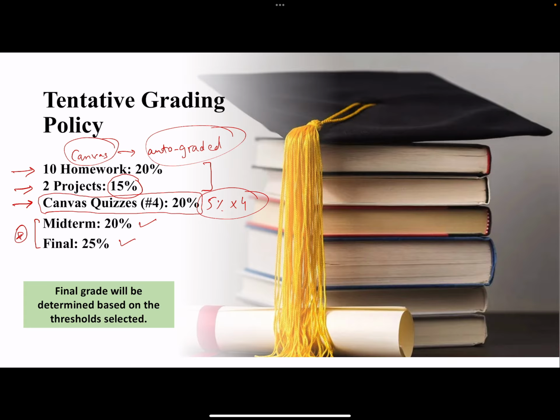In terms of the final grade, I usually don't scale the grades. Having said that, I don't put certain thresholds on the grade right away. For example, at the start of the semester, I won't say that 90% and above is going to be an A grade. It may come out to be a 92%, or it may come out to be an 88%, or an 87%.